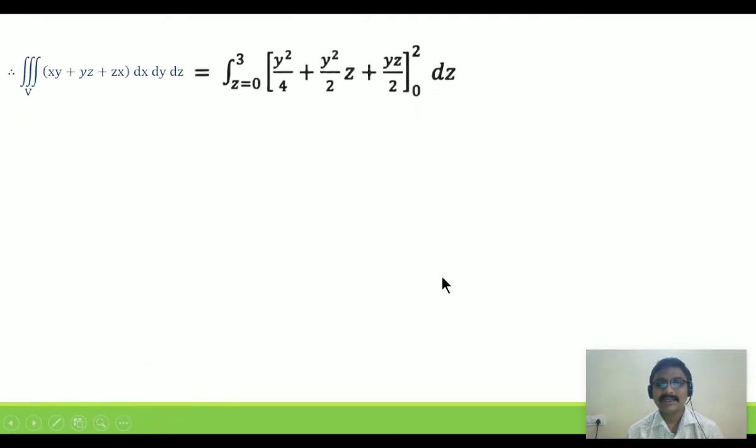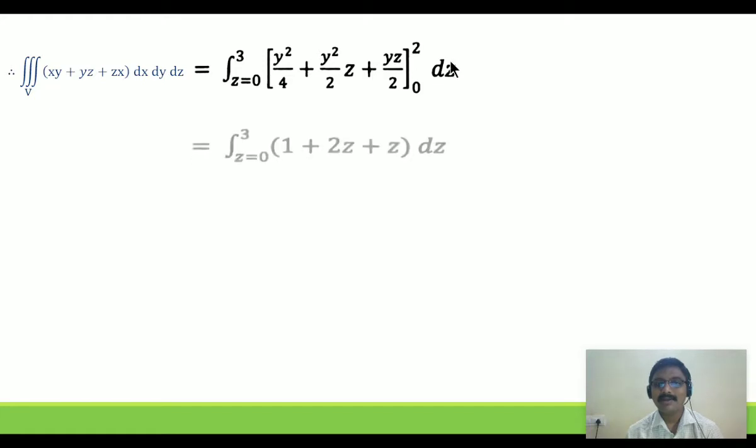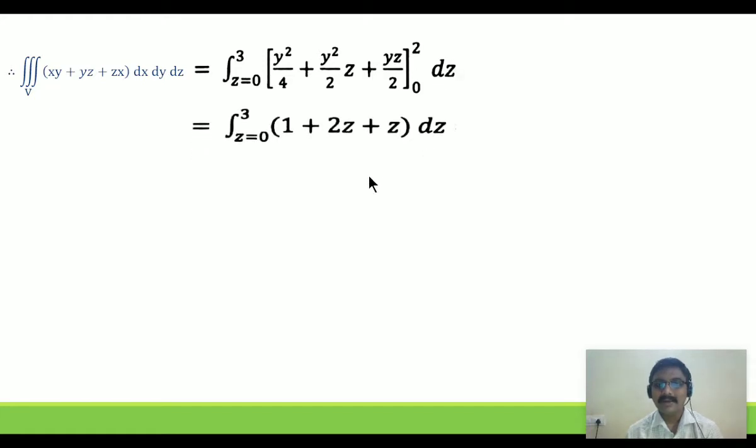That is, z is kept as constant, y integration is y square by 2. Similarly, other terms are also integrated, but z is kept as silent. Now substituting upper limit as 2 and lower limit as 0. Now clearly the triple integration now becomes a single integration. We have